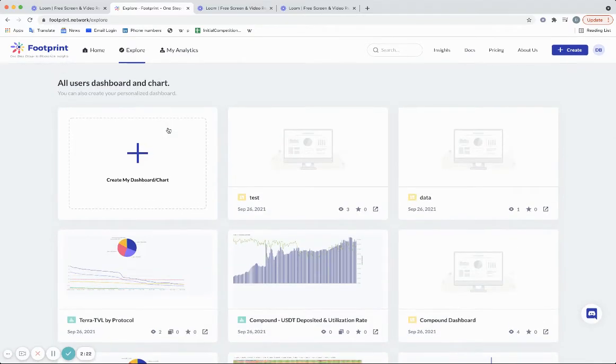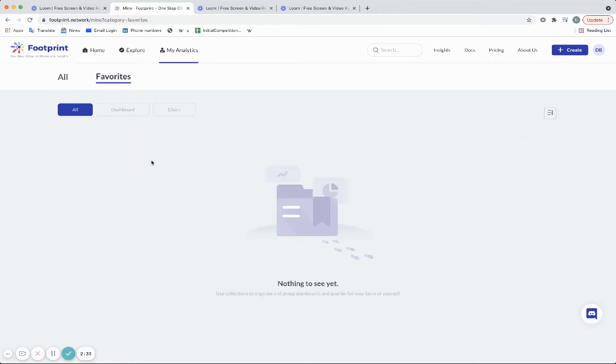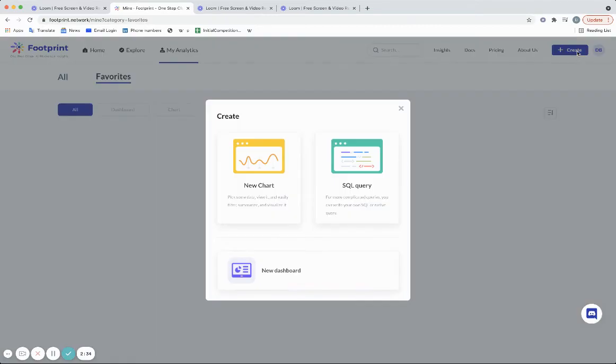We're not going to explain how to do that in this video, but you should just know that when you build your own charts using this create tab over here, you put them here. You can put your favorite ones here. And when you do create it, you could either